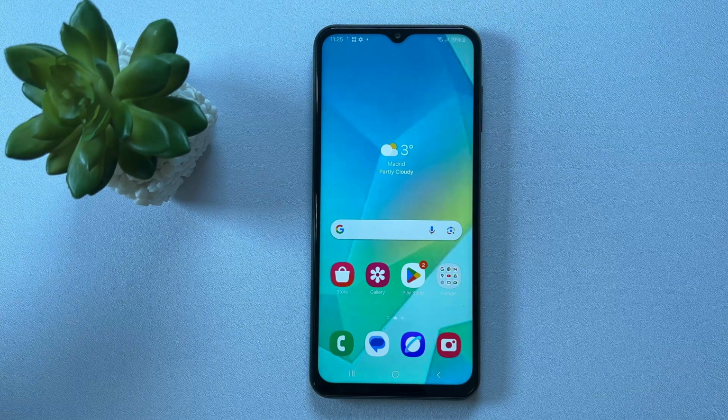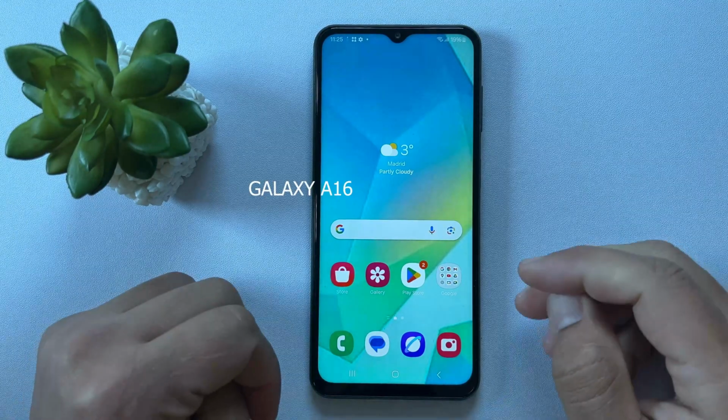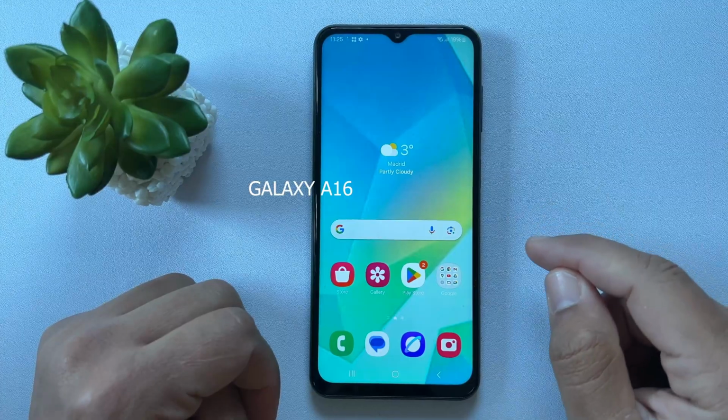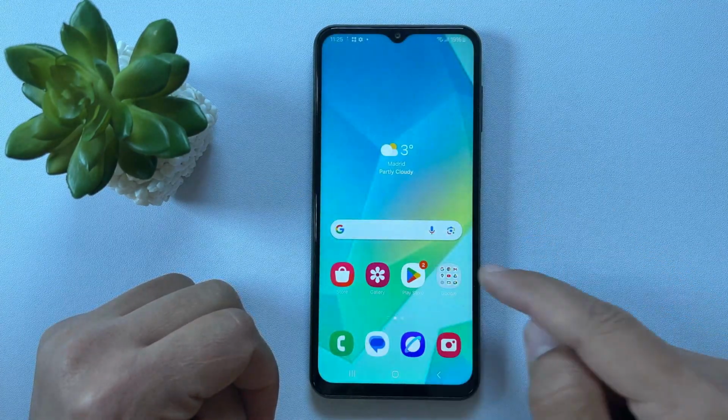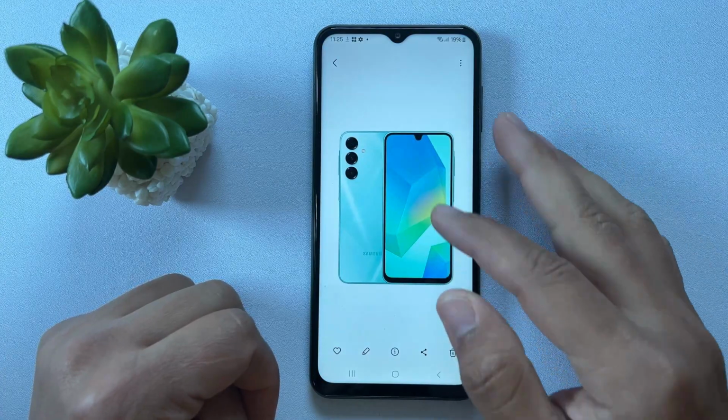Today I'll be teaching you how to change the wallpaper on your Galaxy A17 in all versions. First, there are two methods that I'll be showing you. The first method is by going into your photo gallery to set one of your own photos as the wallpaper